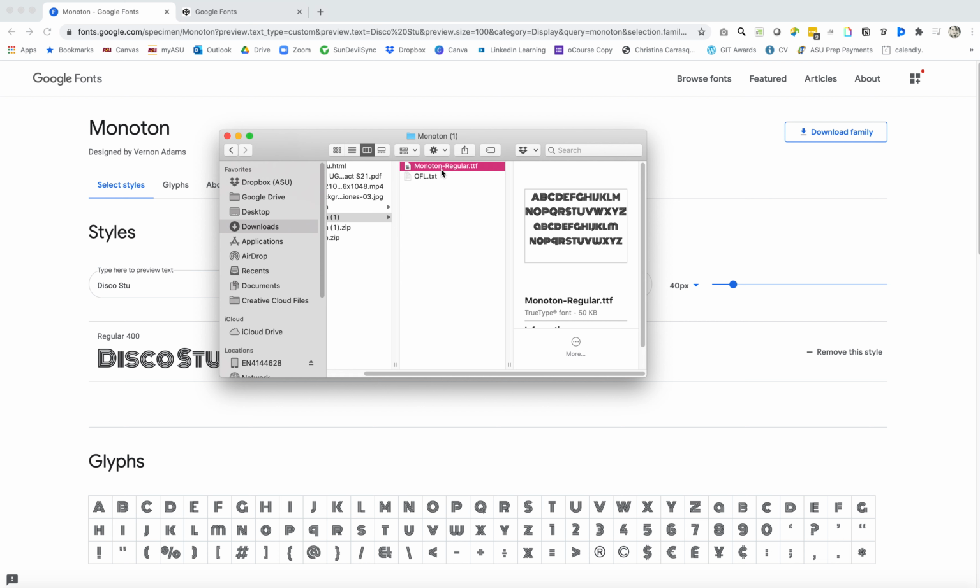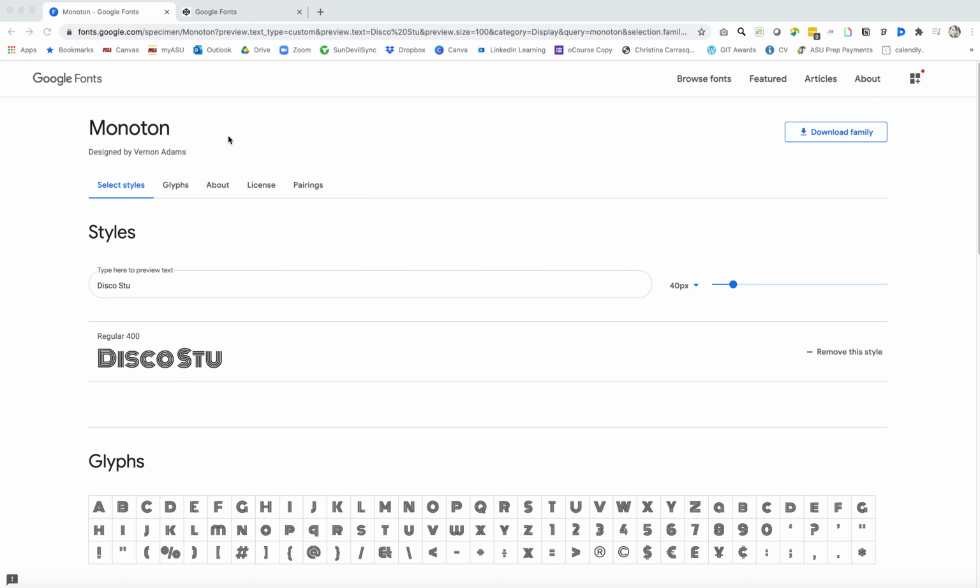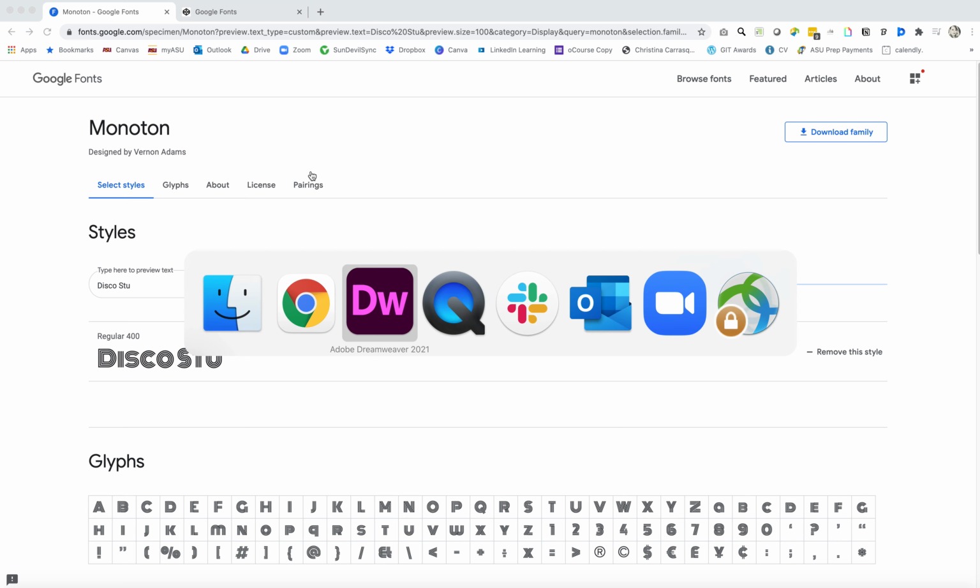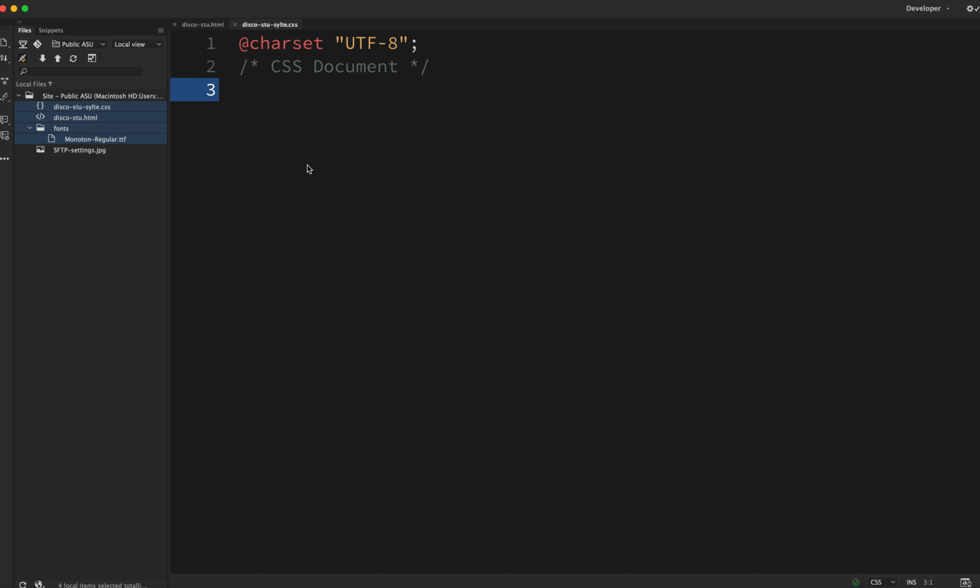We're going to upload this one today and take a look at it, but the process would be the same uploading any other file format. All right, so I'm going to add that to my file space, and that's what I'm going to upload to my web server.